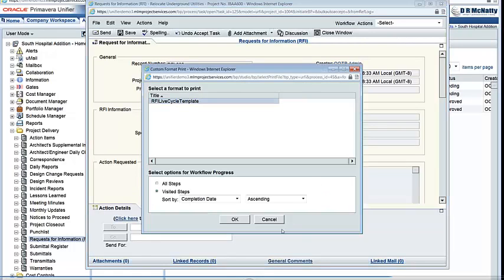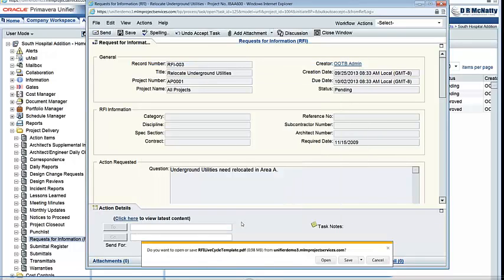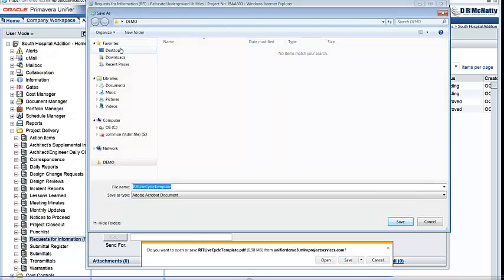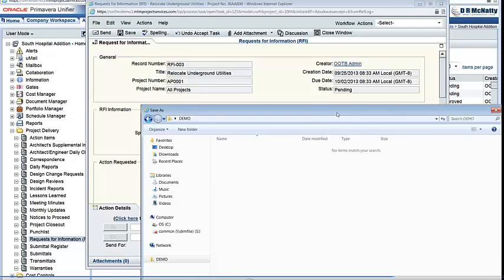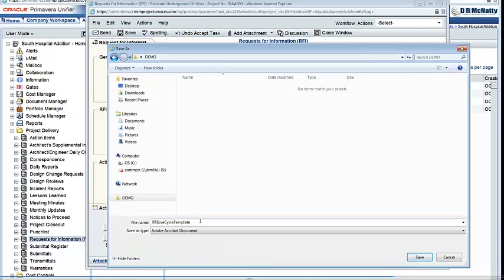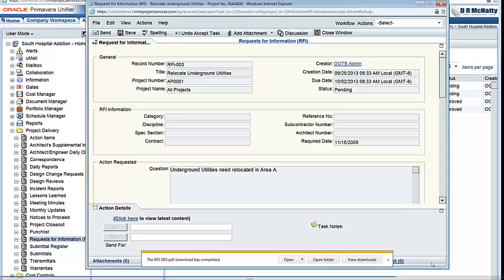Okay, so I'm going to select the template. Click OK. I'm going to save it to my desktop. Okay, so that is saved.